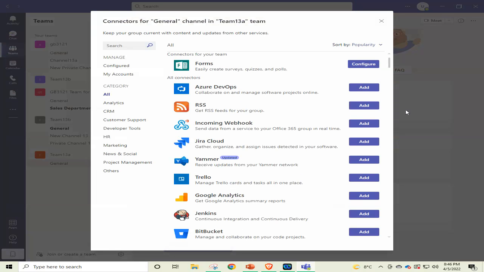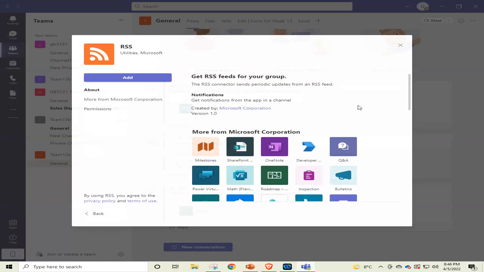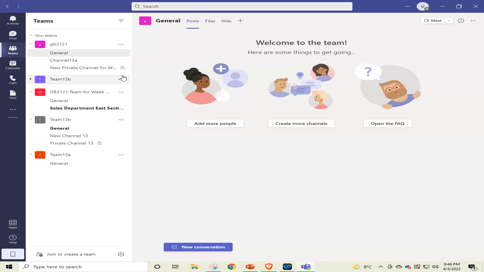We click on this one, we click on add, and then we can add this connector. This is the get RSS feed from your group connector, created by Microsoft Corporation. We click on add, and the RSS will be added.